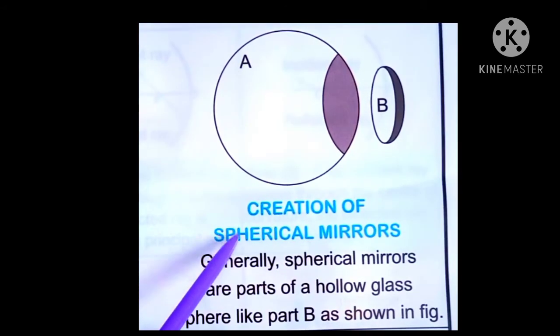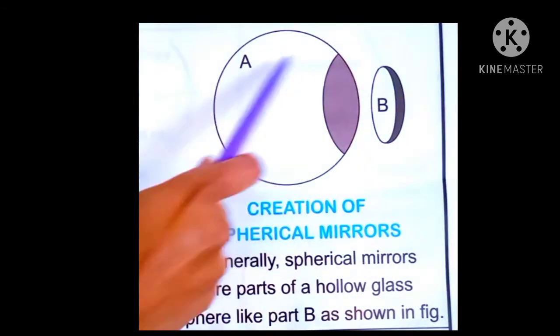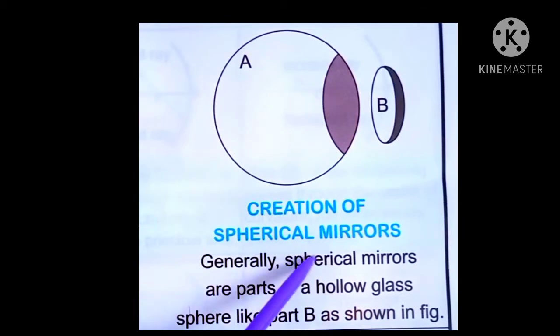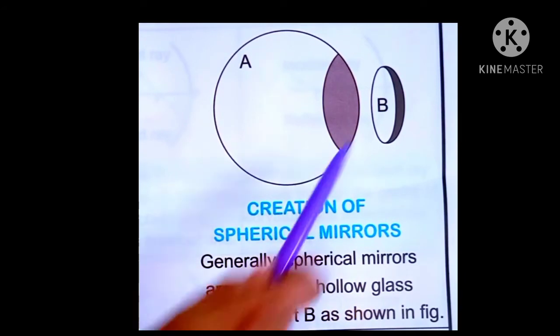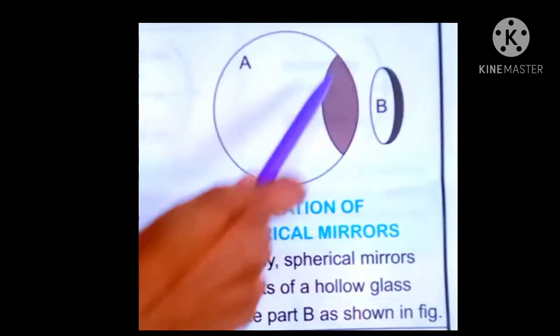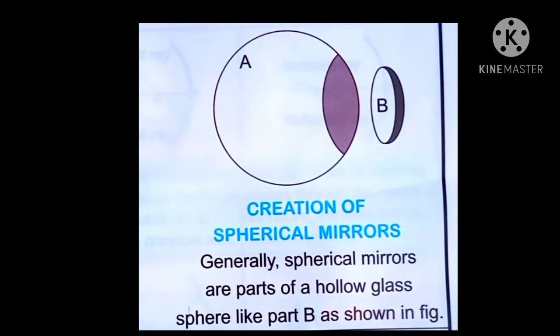Students, now see how the spherical mirrors are prepared. Generally, spherical mirrors are parts of a hollow glass sphere like part B. Now what does it mean? Just